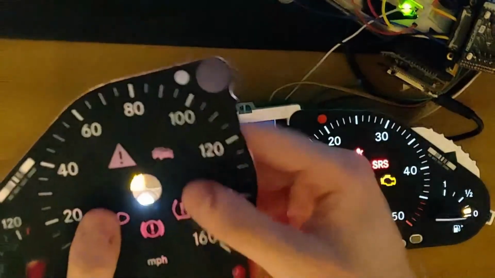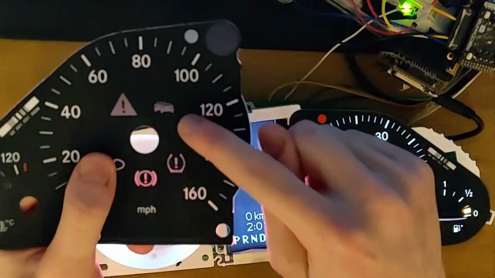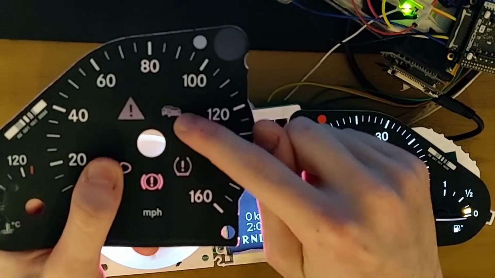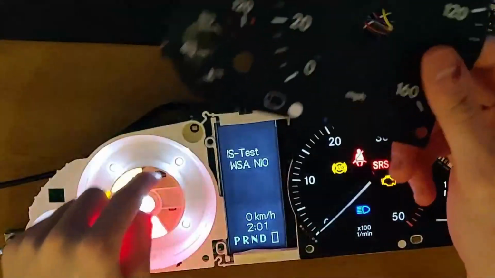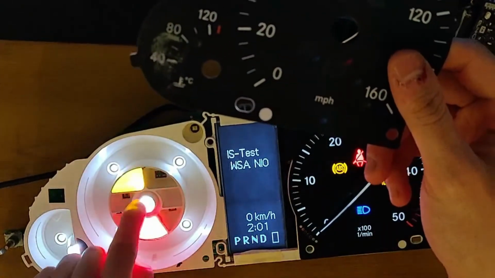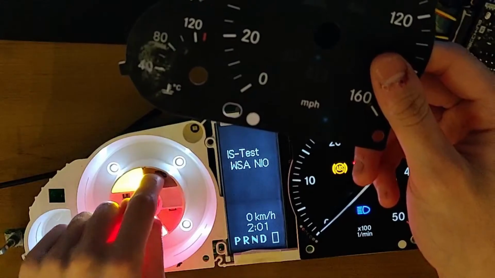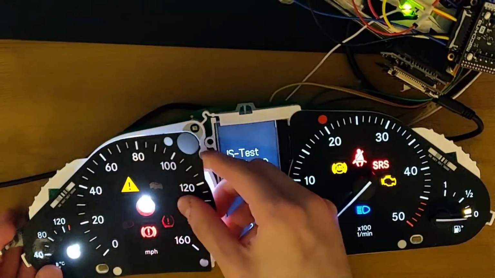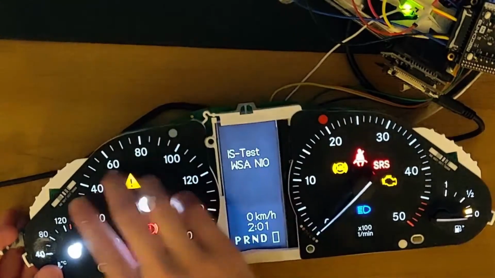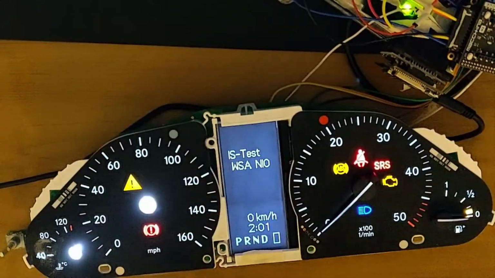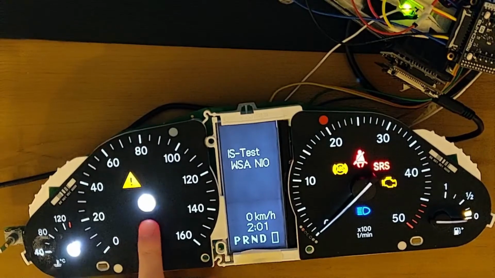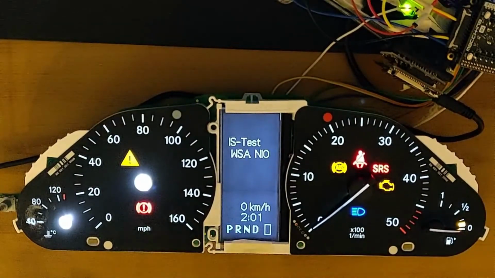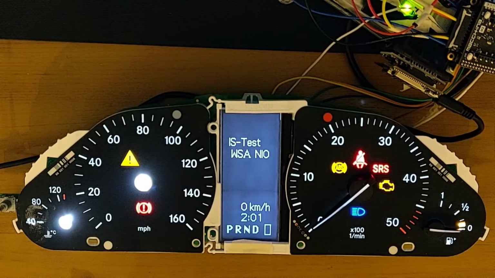But if you can see here, there is a little symbol for collision detection, and there's an LED under that. Well, there's an LED here, but it's physically not on the PCB, though there's the hole for it. So if you wanted to add that LED, you could have the warning for when you're about to smash into something, which I think is useful, which is why I don't want to put Distronic on this cluster specifically. I want to get my own one to do it with, because this physically doesn't have the LED for that, which means you won't get